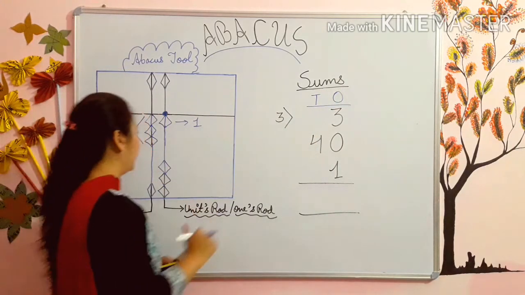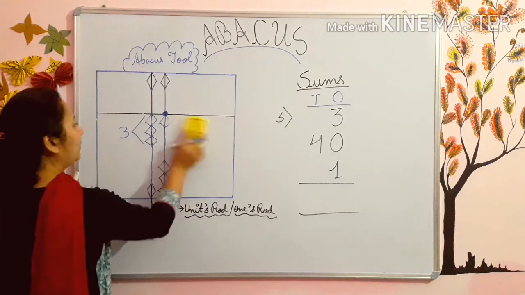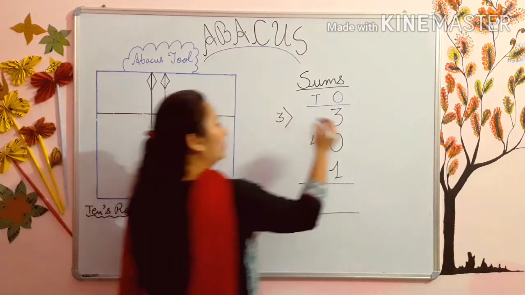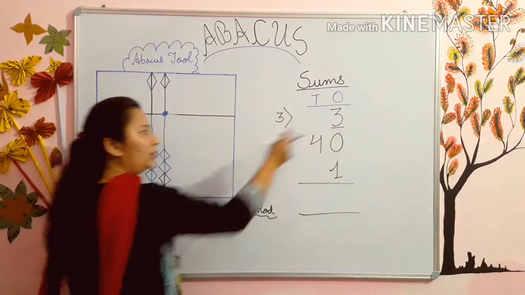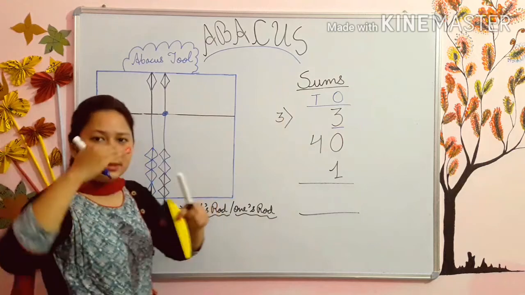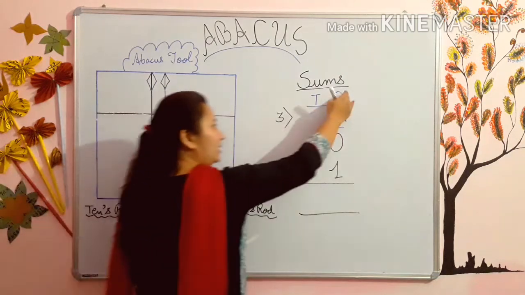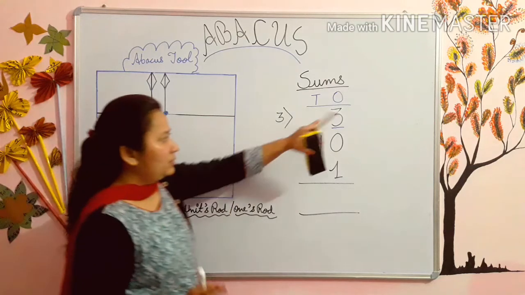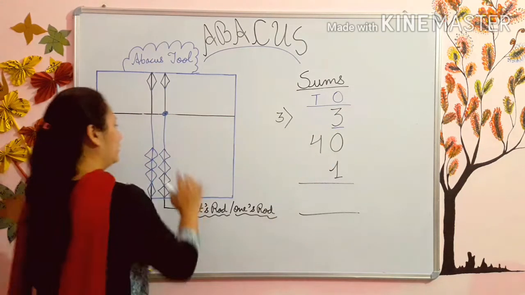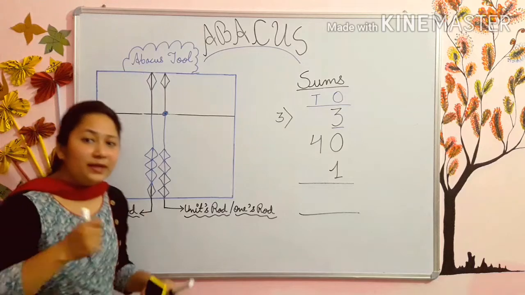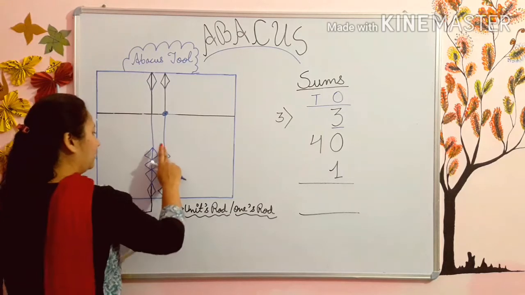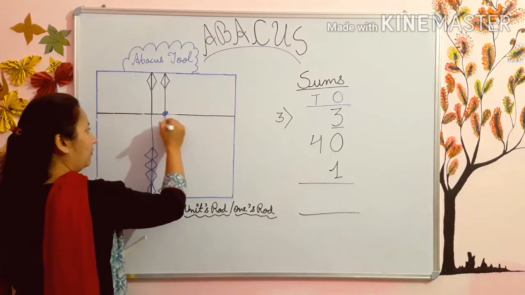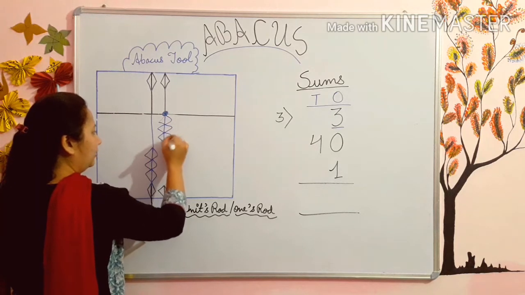Done kids? Very nice. Set your abacus, upper beads up, lower beads down. Now 3 will go in ones rod because it is down the ones. ये ones के नीचे है तो ये किस में जाएगा? Ones rod में. And see, no sign means add. So 3. Add means put the beads up. So 3 beads up. 1, 2, 3.